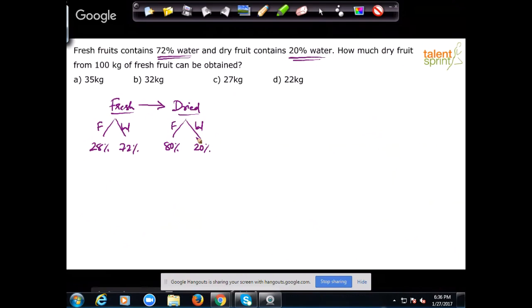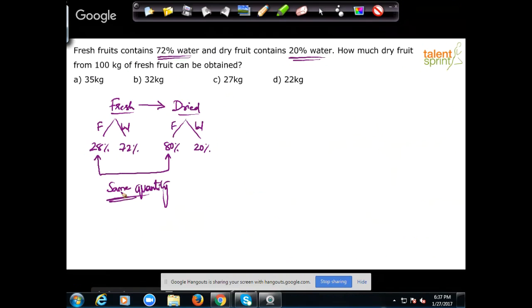But what remains constant? What remains same? The quantity of fruit remains same. Remember, the percentage will change in both fruit and water. The water quantity will also change, right? Basically, what happens in a fresh fruit when the water is extracted, when it dries up, the fruit dries, right? And that makes the dried fruit. So the quantity of water is also changing. But what remains same in absolute terms? The quantity of fruit. Remember these two: 28% of fruit in fresh fruit and 80% of fruit in the dried fruit represent the same quantity, right? The same quantity. You're able to follow?